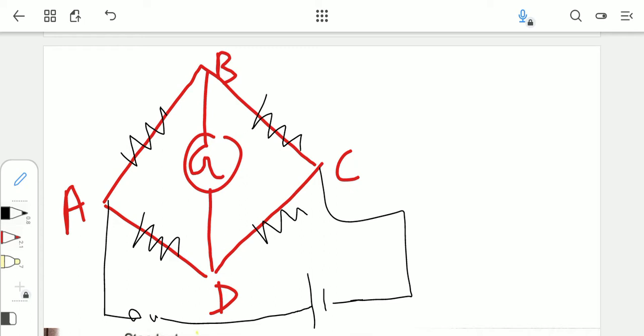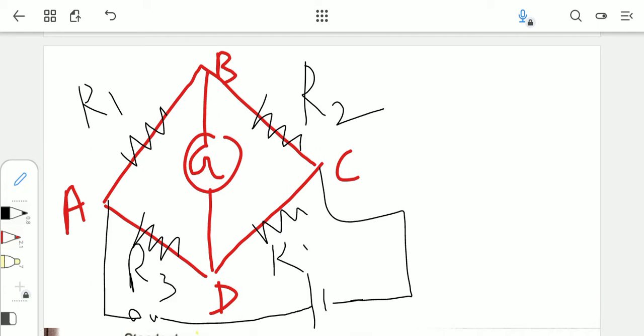Now here between arm A and B there is resistance R1, we suppose, and between B and C there is resistance R2. Similarly here is the resistance R3 and the resistance R4. R2 here is any unknown resistance which we have to measure, and R1 is a variable resistance. Variable resistance means that the value of R1 can vary. So when the current flows through this circuit, the variable resistance R1 is adjusted in such a way that there is no current position.